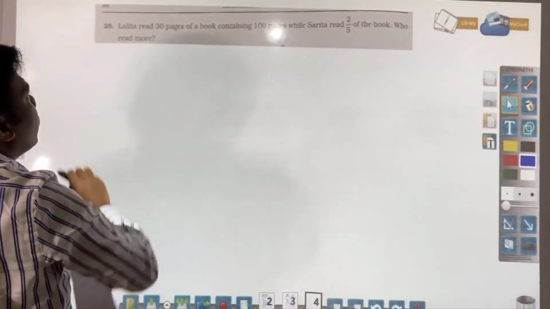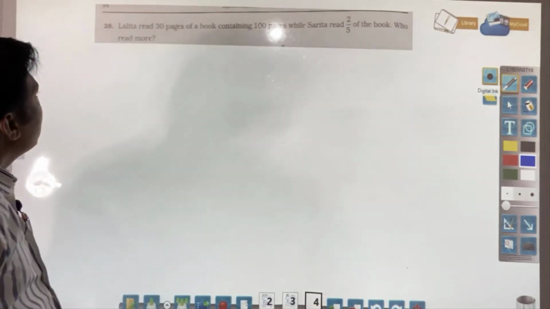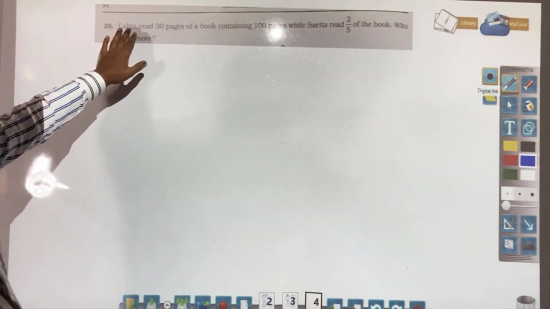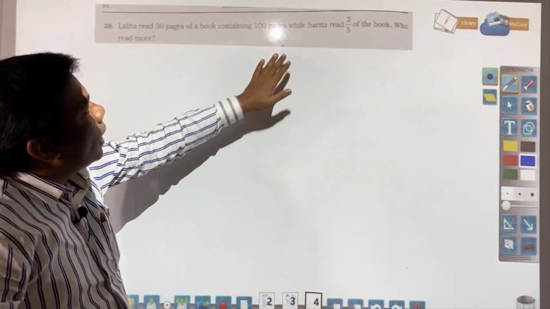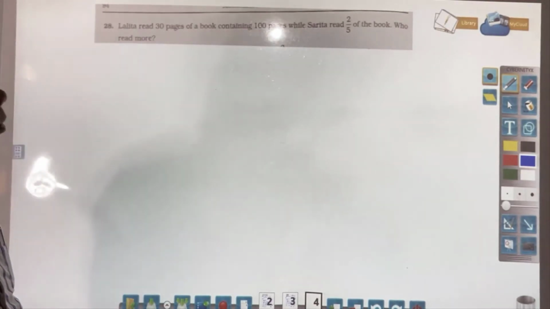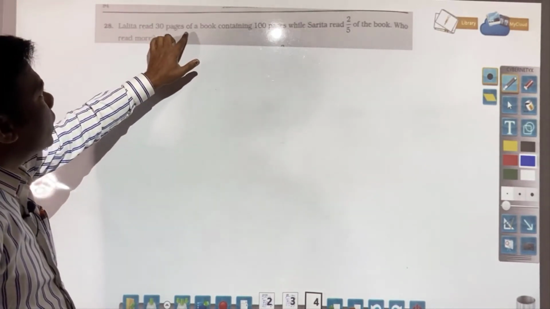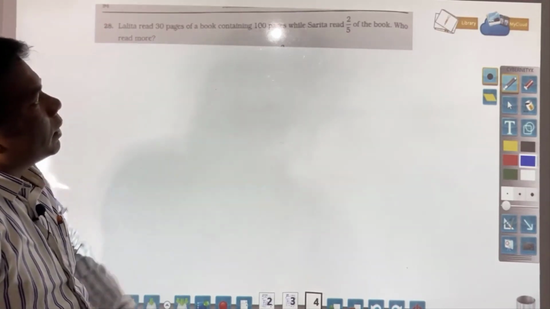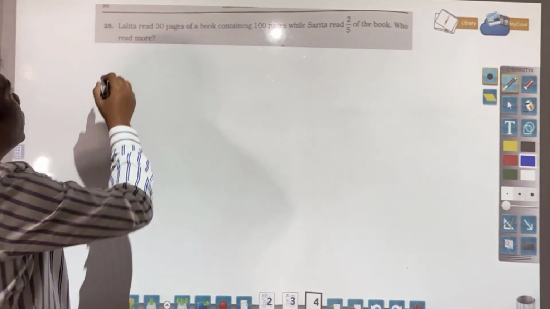Here you see we have question number 28. Lalita read 30 pages of a book containing 100 pages, while Sarita read 2 by 5 of the book. Who read more? So you will write,